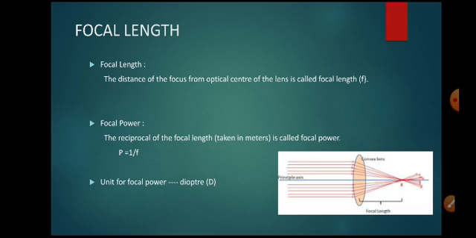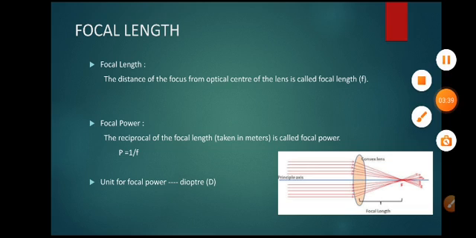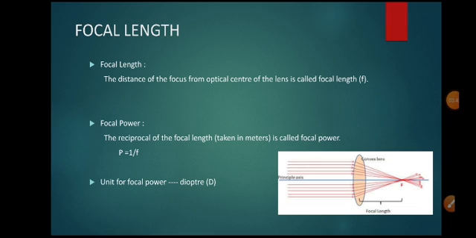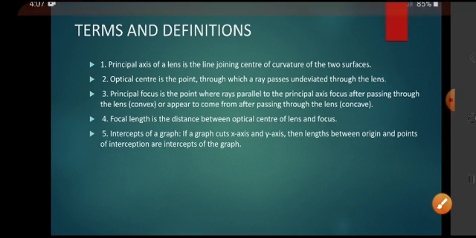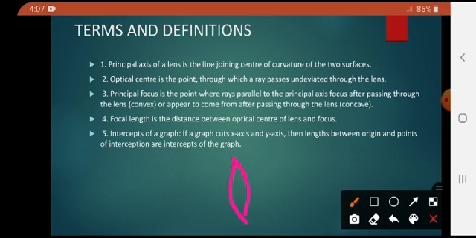So we have different methods to perform the experiment and to find the focal length and focal power of a given lens. Before you enter into the experiment, you have to know the basic terms and definitions. Here, the principal axis of a lens is the line joining the centers of curvature of the two surfaces. Here, this is the lens, these are the two surfaces. So this line is called the principal axis,